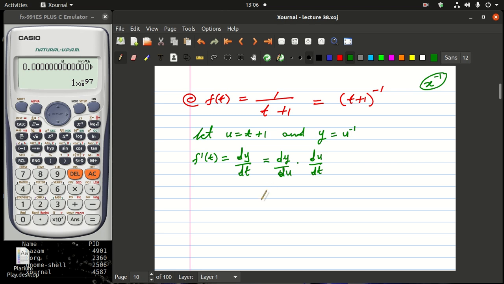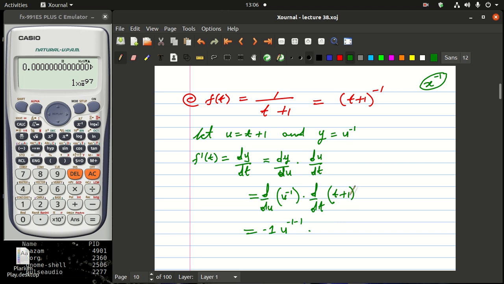So what is the derivative of this? This is going to be easy. I want d/du of u to the power minus 1 times du/dt. My u is t plus 1. What is the derivative of this? I know it because I have to bring the minus 1 down, keep the u as it is, and in the exponent I subtract a 1, and then times